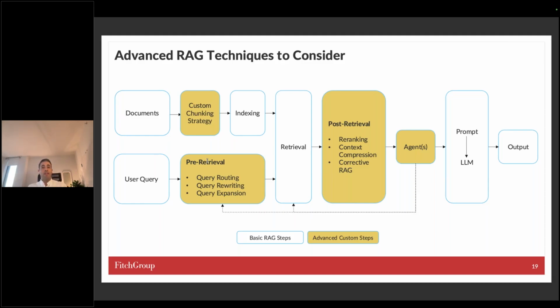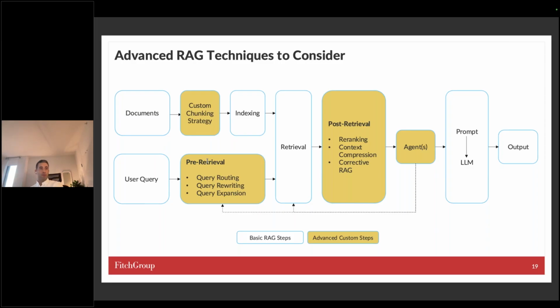You retrieve your relevant chunks, and then post-retrieval, you can do re-ranking. Why would we need to do re-ranking? We actively do this at Fitch. In finance, again, somebody might ask about a particular financial metric for a country. If they don't include the specific time, depending on the use case, it might be useful to assume that they care about the most recent one that's available. So you might retrieve several different chunks for that particular country, for that particular financial metric, but some of them were reported this year, some of them were reported last year, some of them might have been reported 2 or 3 years ago.